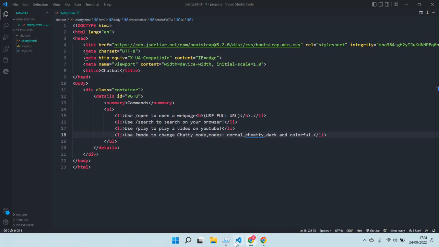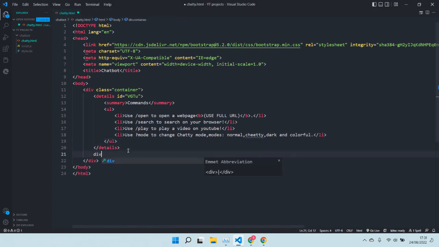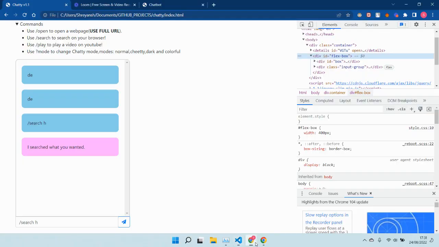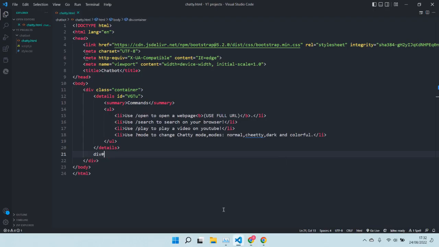So let's create a div just at the bottom of here, and div, and hashtag, and what's already. You can put any kind of name, but I'm just putting